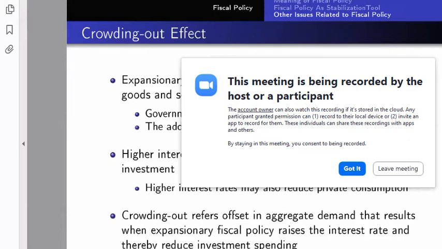Yes, Paul, you can unmute yourself and speak. Sir, please, I want to know why, when the government runs this expansionary fiscal policy, it leads to an increase in interest rate? That is what I've just explained. If they want to expand the economy, they don't have the resources, so they will have to borrow from somewhere else.